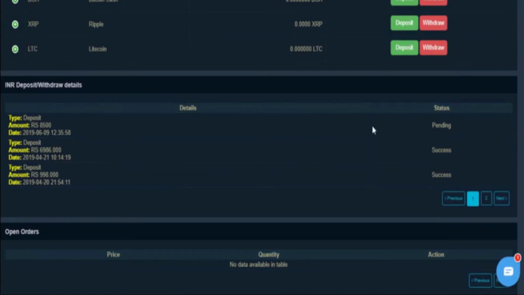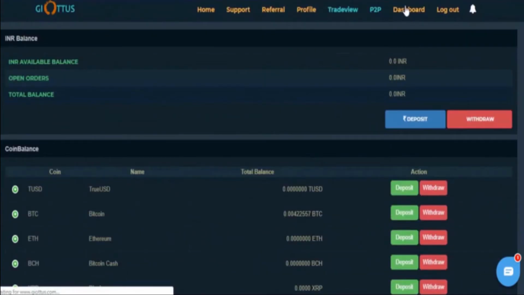That means your payment is under process, and in 1 or 2 minutes it will be in your GeoTouch account. I will refresh once again and see if the payment has arrived.